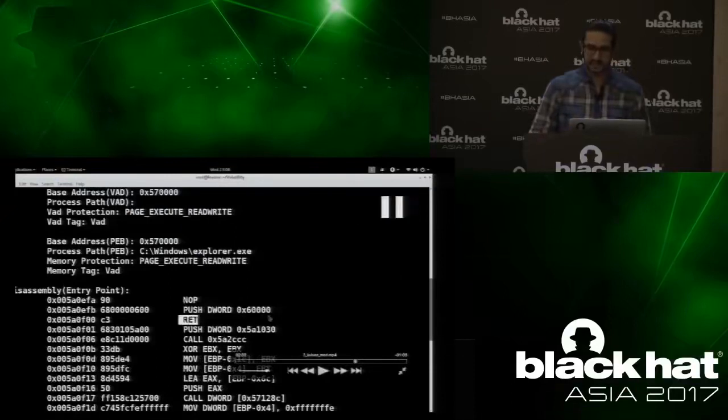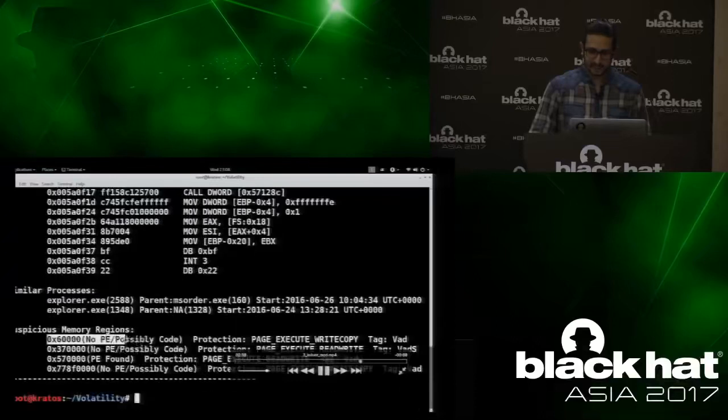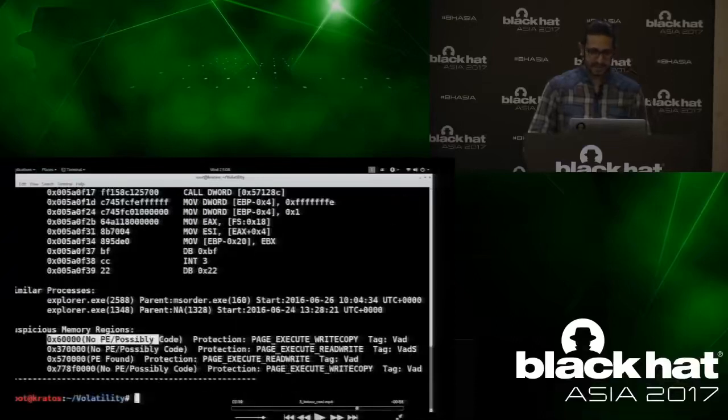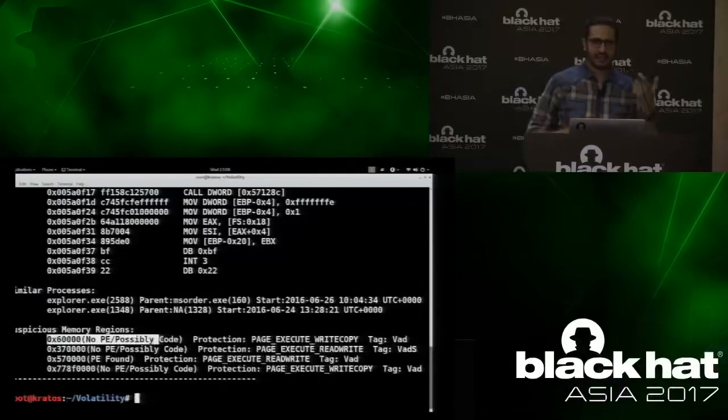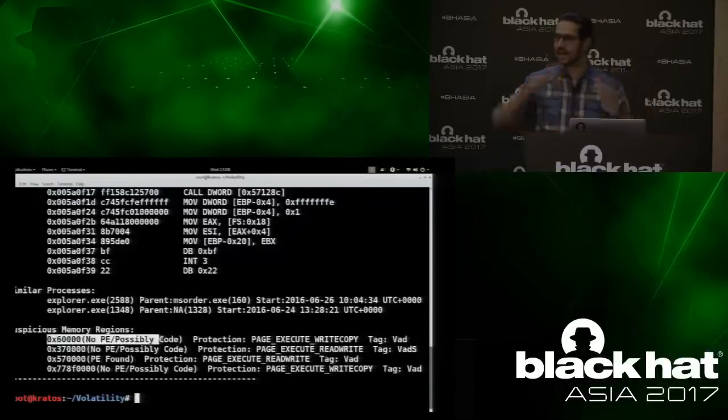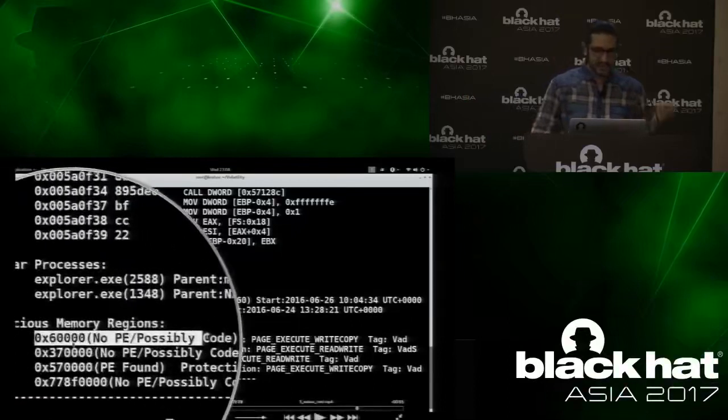Which means it tells you that you'll have to focus on this address as well. And then also here, it displays the memory region. Now, how did HoloFind detect this region as bad, whereas malfind did not detect it? So the logic is this. If an executable is normally loaded, it will have a page execute write copy protection. But if there is no executable, there is no need for it to have page execute write copy. That is the logic. So here, this memory region